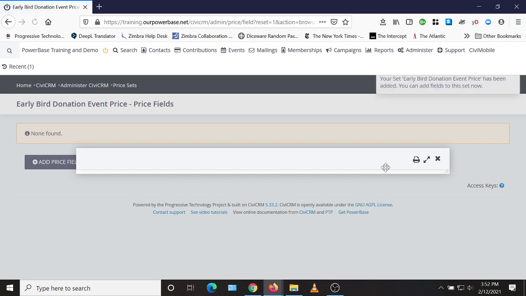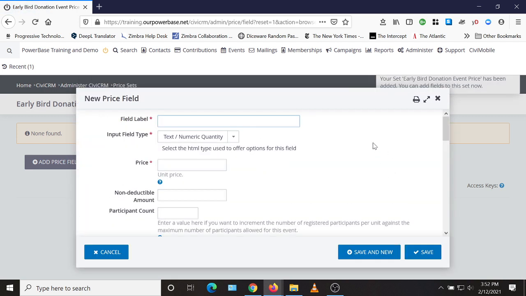And we're going to just go in and start entering the different prices. I'm going to start with early bird. I want to have an optional dinner. I want to have an additional donation amount that's open, and then I want to make sure I have the general tickets that are there as well. So I have several things I want to add. So I'm going to create separate